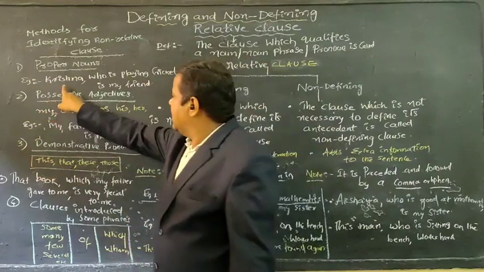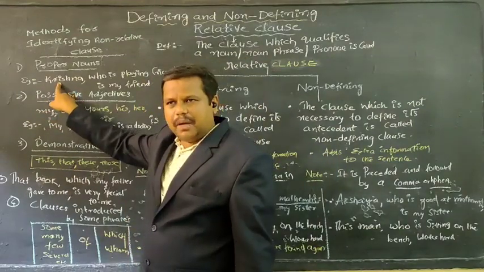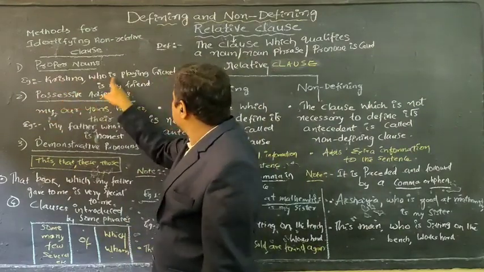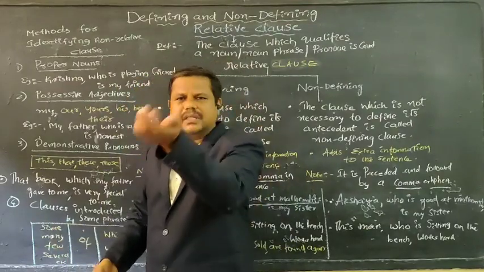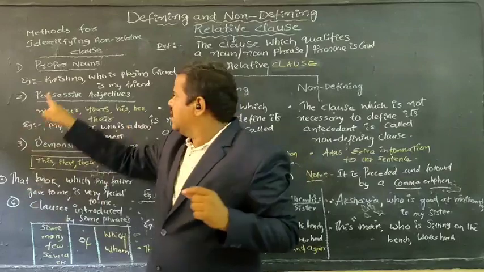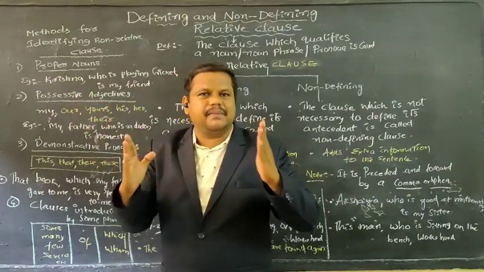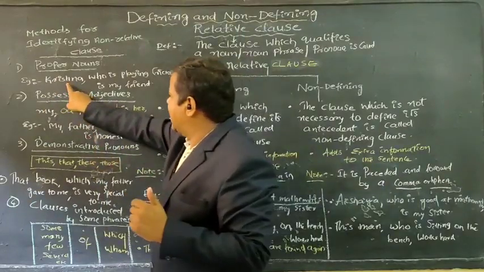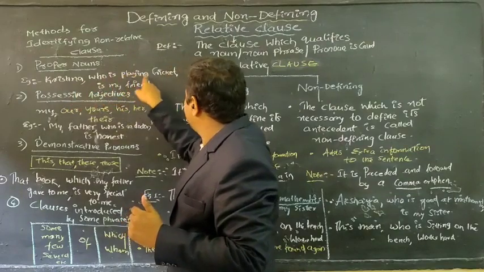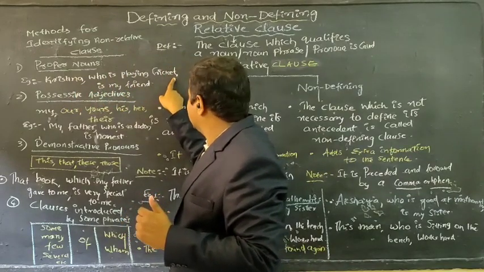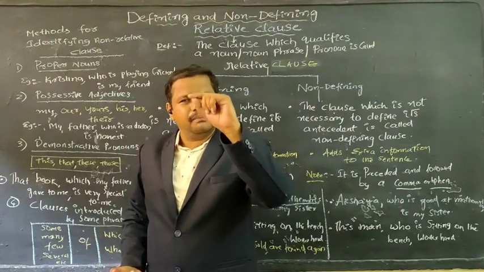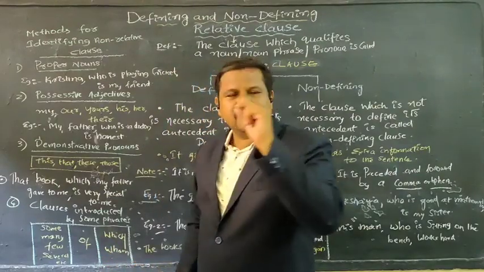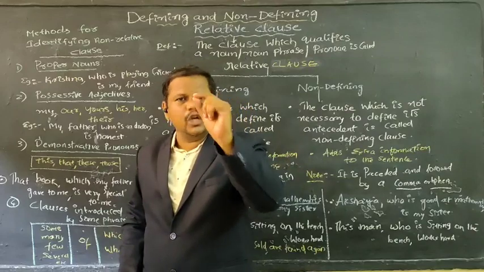Rule number one. Read this. Krishna is a proper noun. And Abdul, who is playing cricket, comma, is my friend. Abdul is a proper noun. So, rule number two, which are followed, which have been separated with commas. Here, Krishna, comma, who is playing cricket, this is a clause, comma, is my friend. So you can even write with the proper noun. It is one method, one clue.